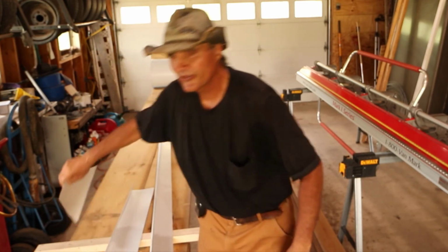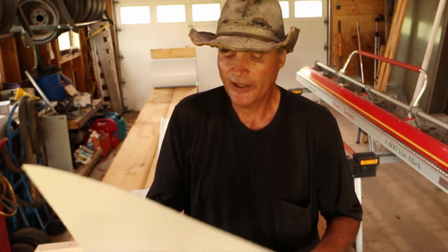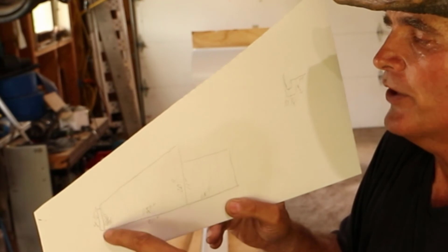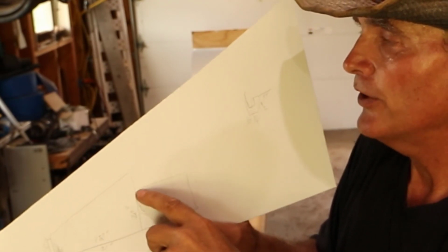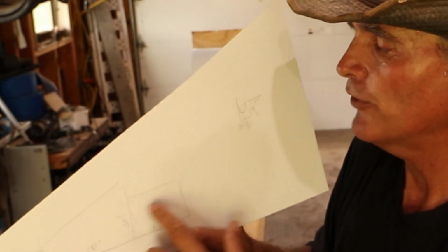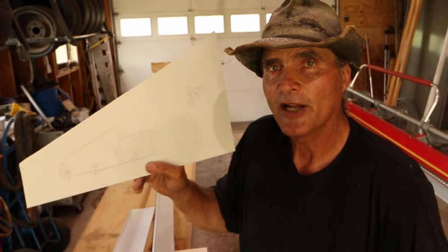The part that was somewhat challenging is figuring out how to create a single piece that would box 3 sides around each of the places where the corners were. So what I ended up doing was going out and I took a piece and I made a drawing of each one of the pieces, what the height was at each point, so that it would fit up underneath the sheet metal roofing and fit up underneath the other part of sheet metal roofing, because it's different. Once this is folded, it's 3 different sides. And this would be a 90-degree bend and a 90-degree bend there, and I'm not sure this is actually showing